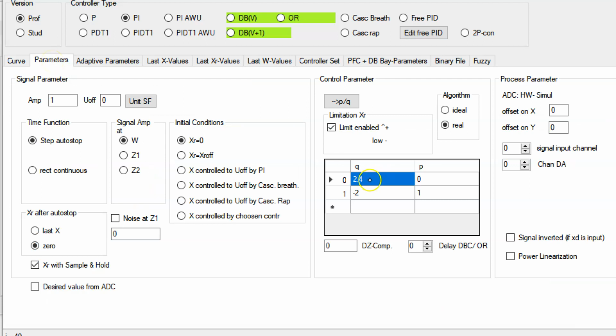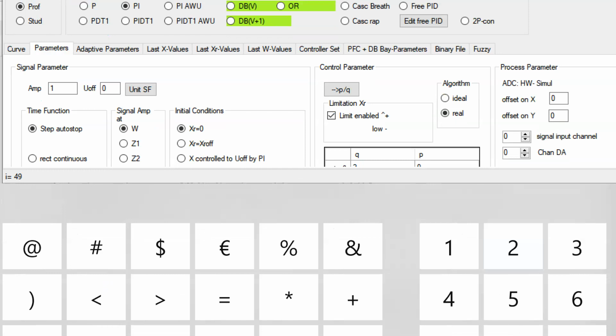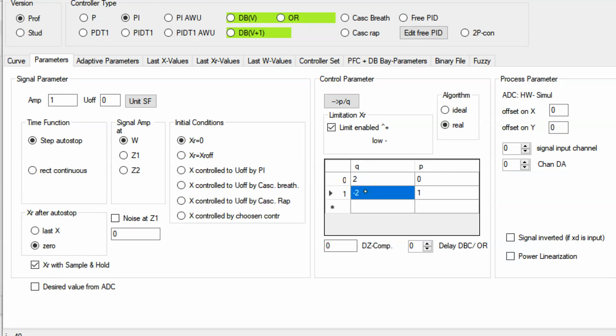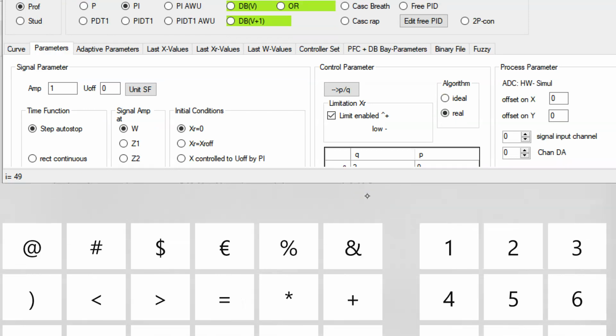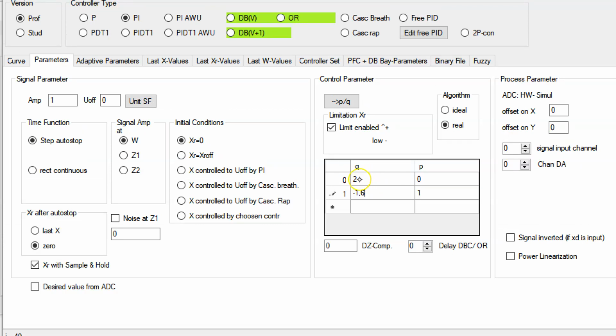Remember, the Baumann parameters are the parameters where in the integration the last rectangle is ignored. Then the Q0 was 2, so I have to type in different numbers now with my crazy keyboard here, and the negative value is then negative 1.6. So look, Q0 is 2, Q1 is negative 1.6. That is the Baumann version. I send these controller values to the internal control program,